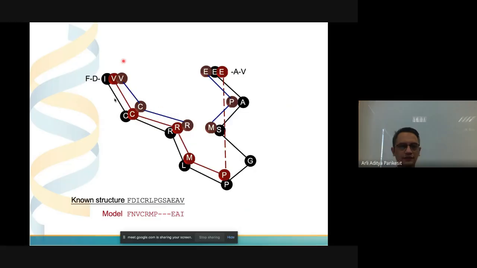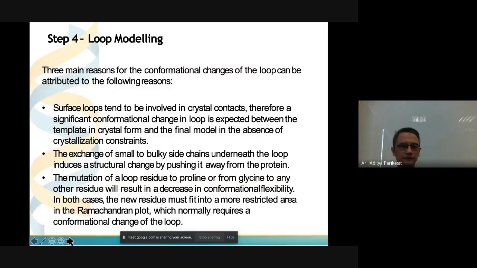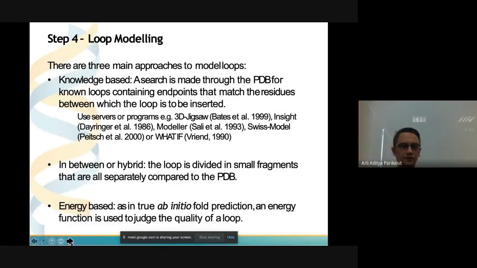So basically, this is just the previous explanation about backbone generation. There are some servers that you can use to do loop modeling. Mainly, it is ab initio, which means that an energy function will be determined. The ab initio procedure could be long to predict the loop, but this will happen behind the closed door.